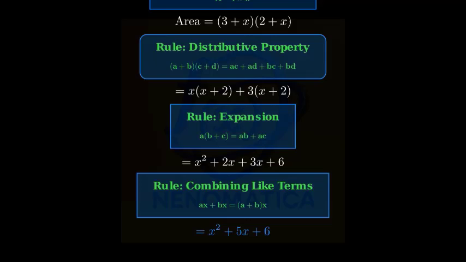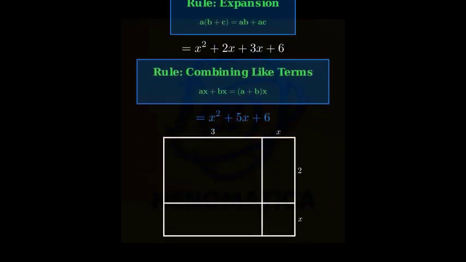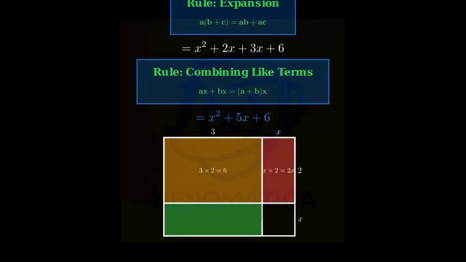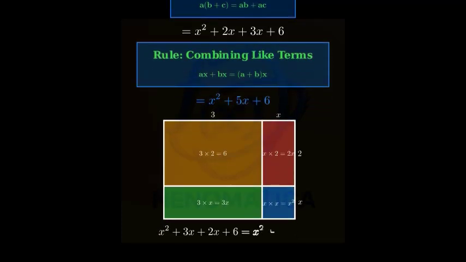Let's verify this result by thinking about the area geometrically. When we have a rectangle with length 3 plus x and width 2 plus x, we can divide it into 4 parts. A rectangle with area 3 times 2, or 6. A rectangle with area 3 times x. A rectangle with area x times 2. And a square with area x times x, or x squared. When we add these areas, we get x squared plus 3x plus 2x plus 6, which simplifies to x squared